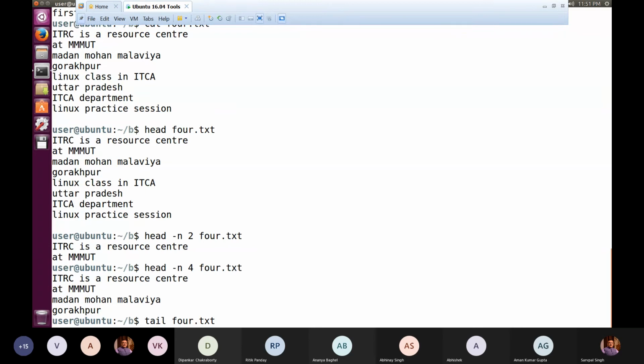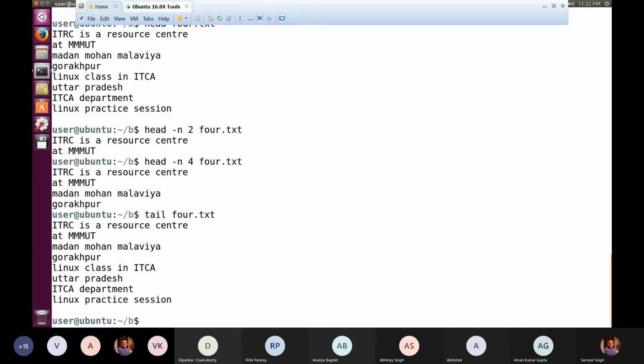So if you are having 15 lines in any file, the last 10 lines will be displayed on the screen. Eventually in 4.txt we are having merely 10 lines. So because of that, when I write it, we don't realize the difference between tail and head, because in both the cases the limit of 10 is set. So the entire contents are shown on the screen in both the cases.